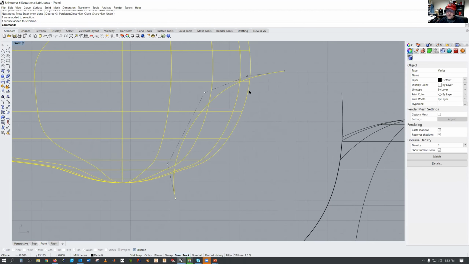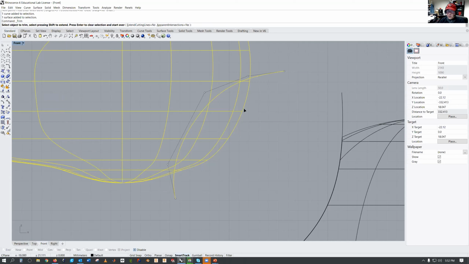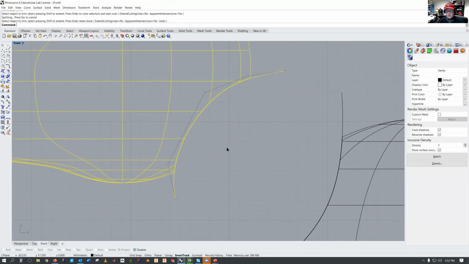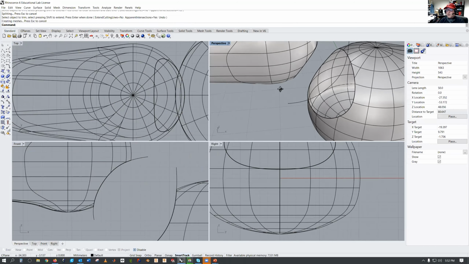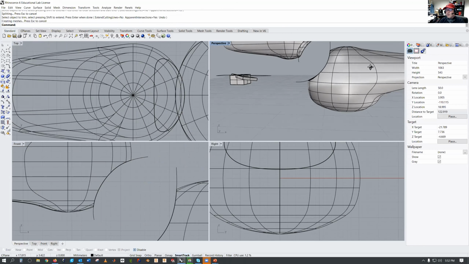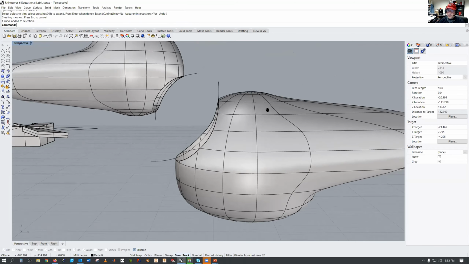Now I'll hold shift and select each one, and then I can do edit trim or control T, select the part I want to disappear, and then hit escape. And let's take a look at what we've done. Oh goodness, look at that. All right, so to blend these, what you'll need to do